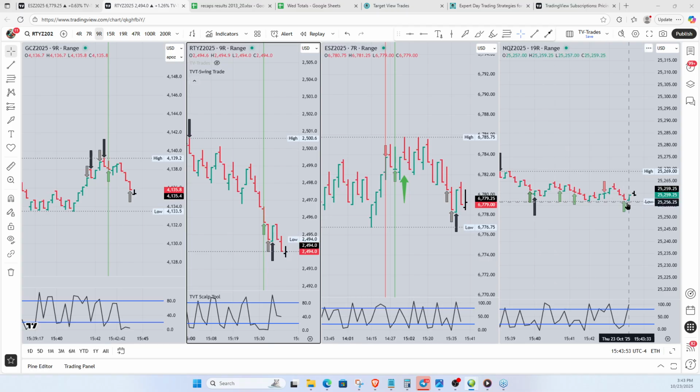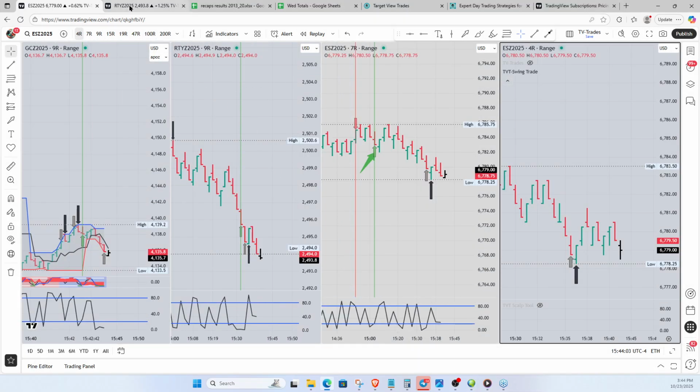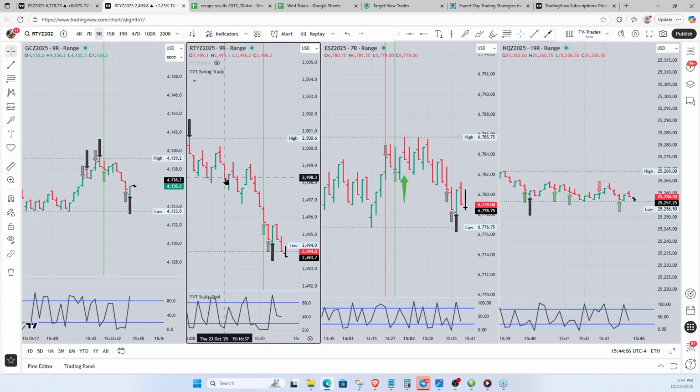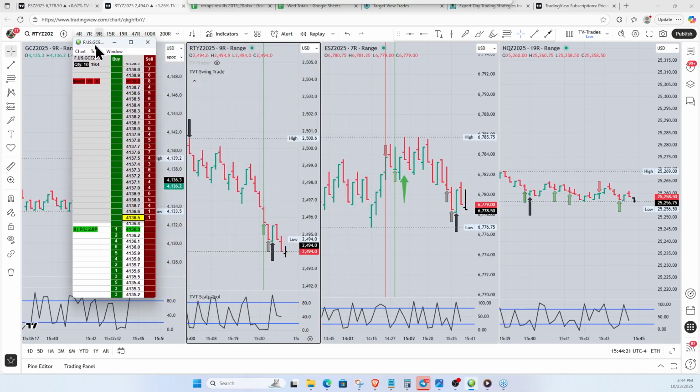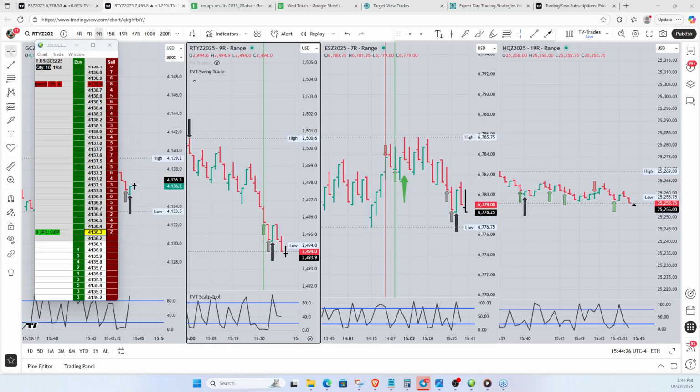It had that right there. The gold's almost got a swing trade long going here. Now if I jump back to here, we'll see if anything else has it going there. Nope. The ES7 range had a swing trade long here a second ago. So the gold actually did end up triggering right there. Okay, so here's the gold. Alright, so John, you should have that in that section now. Okay.